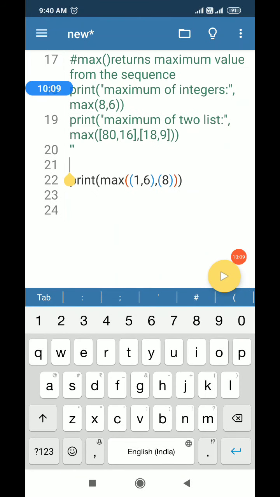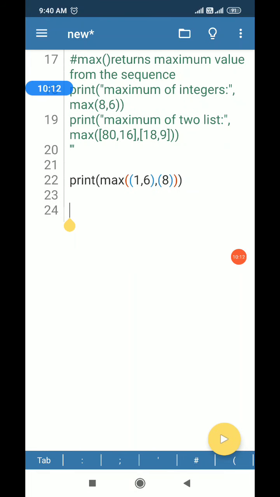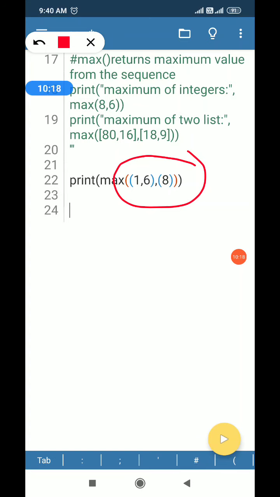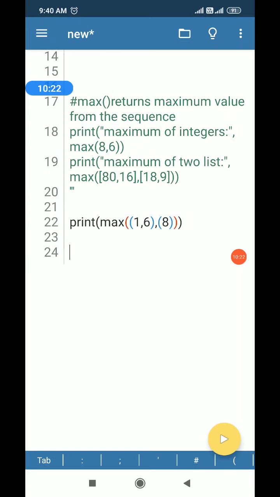What happens in this statement? If you can see, I'm using a max function, and max function will be applied on two tuples.